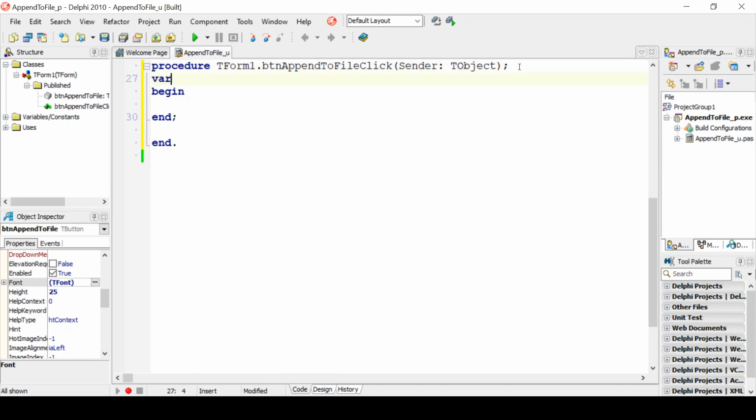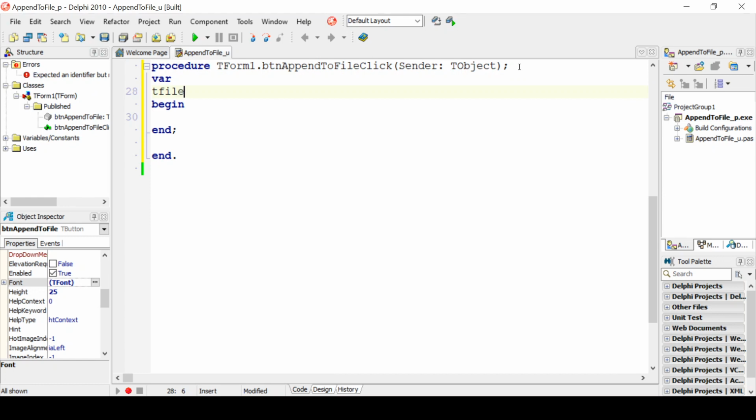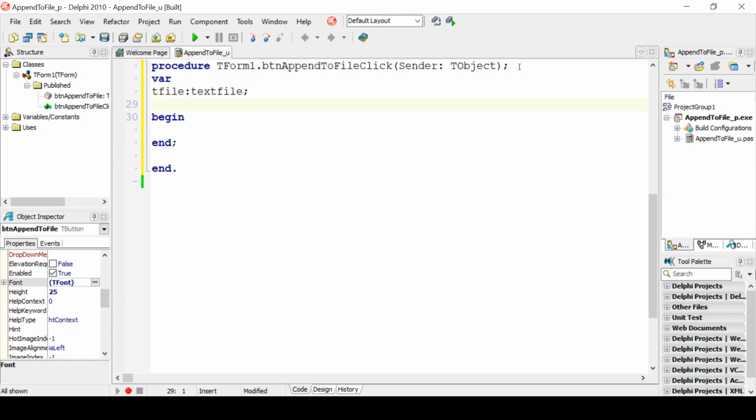I'm going to create a file variable. I'll stick to TFile, which is of data type text file. I need to add data, so, keeping to my theme, I'm going to create a string variable as country. Assign file,